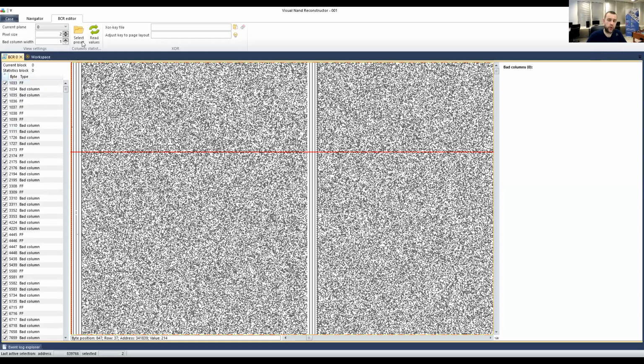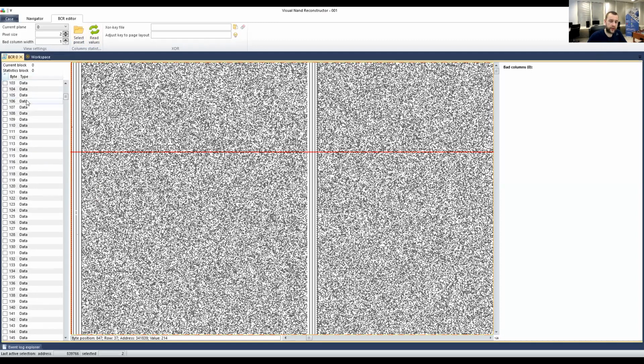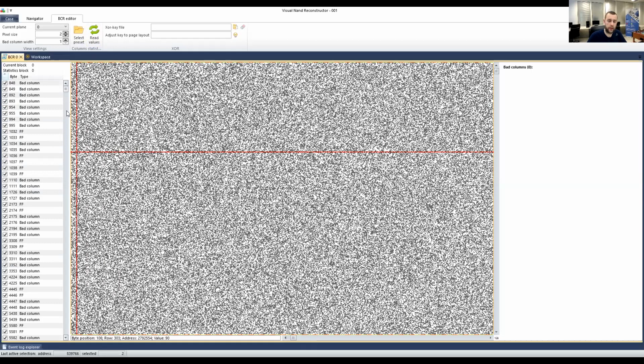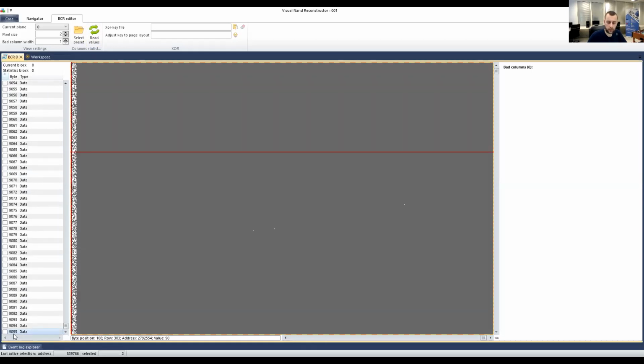So what we did, when you got statistics, applied the preset and calculated statistics, or read values, is we detected all bytes that look like data bytes, and we said, okay, you don't need those. Let's unmark those and move them down, right? So you don't really get overloaded with a bunch of lines and rows and so on. The number of rows here, as you can imagine, equals the page size. So the page size here is, well,